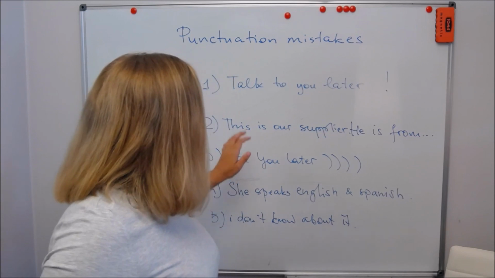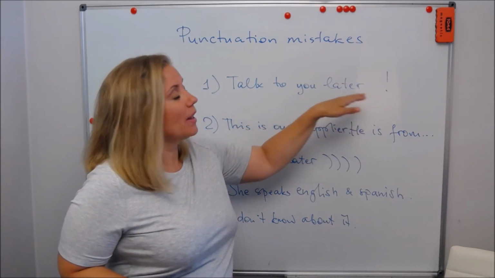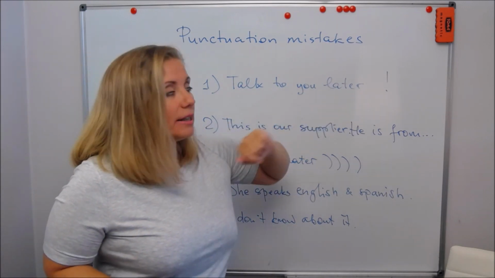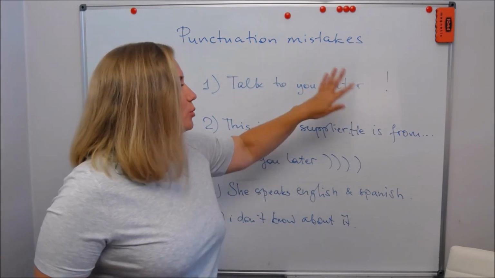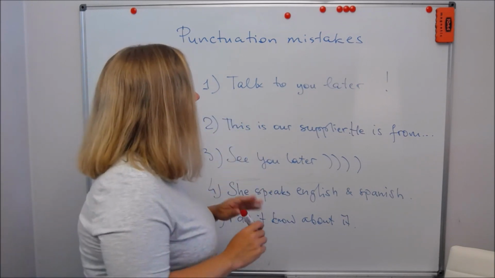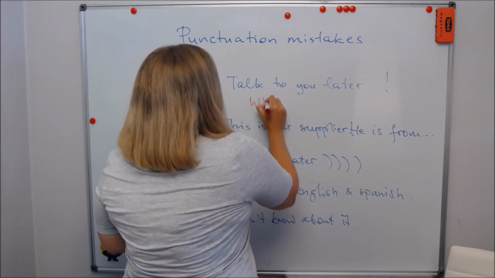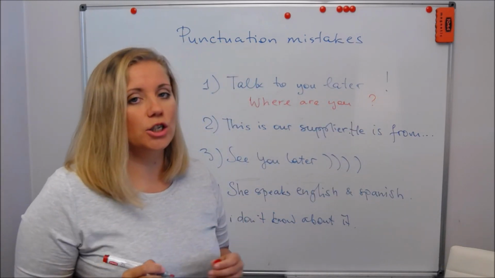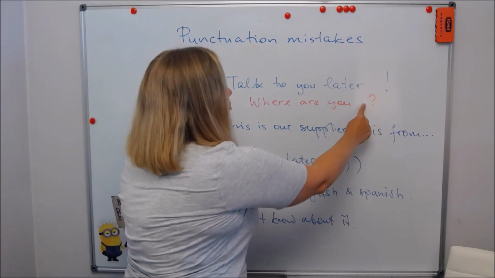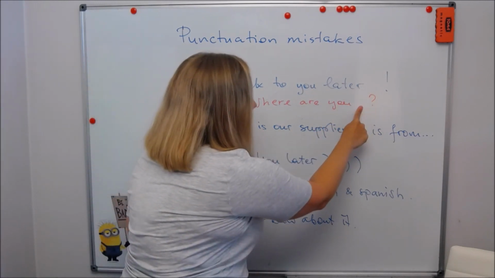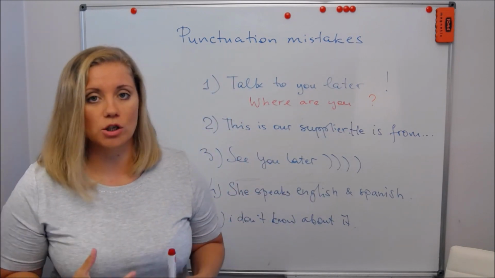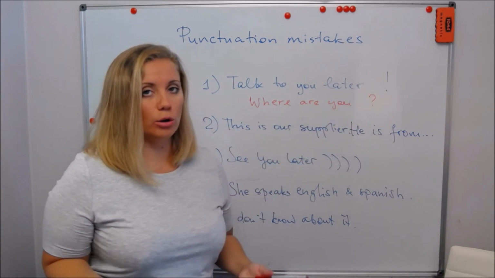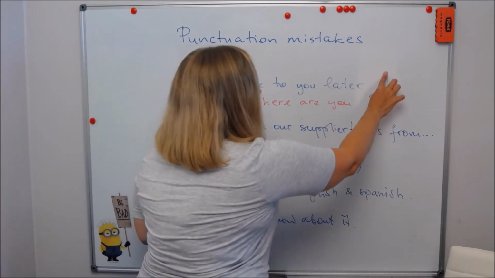The first thing, really killing me, is when you have different functional sentences, with exclamation marks, with full stops, or with questions. It usually happens with questions. Where are you, for example? And people of younger generations often put a break here, so they make a pause here. So don't forget that punctuation is actually the emotion of your writing, and that's why it looks like a hole to me, really. You don't need to do that.